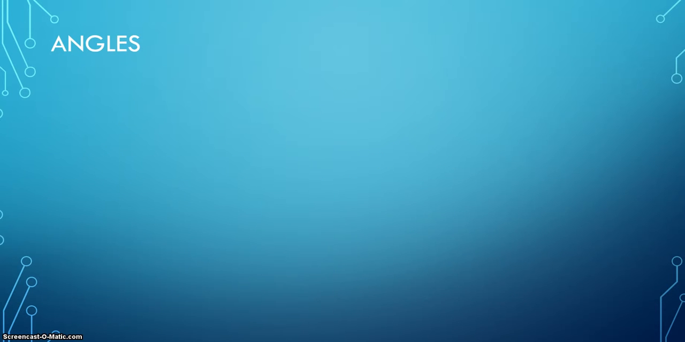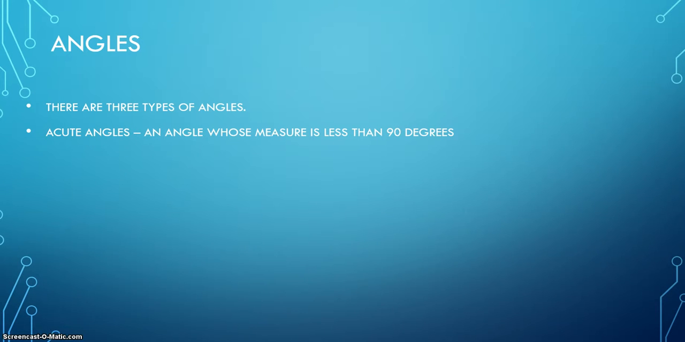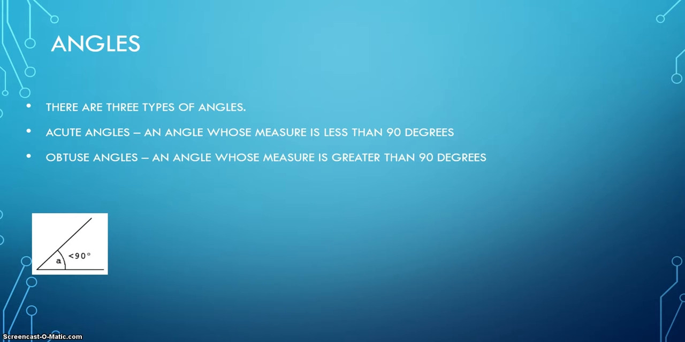Now we're going to look specifically at what angles mean. There are 3 different types of angles. An acute angle is an angle whose measure is less than 90 degrees. If you look at the picture, it shows that the angle A is less than 90 degrees. Obtuse angles are angles whose measure is greater than 90 degrees. And from the picture you see that it is